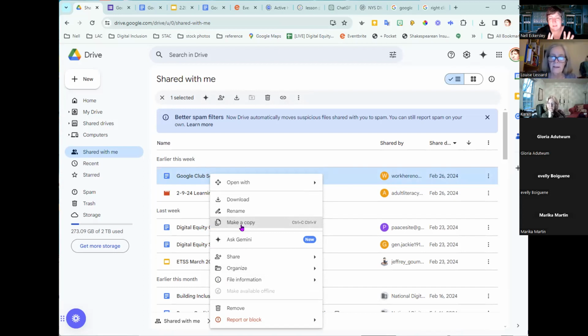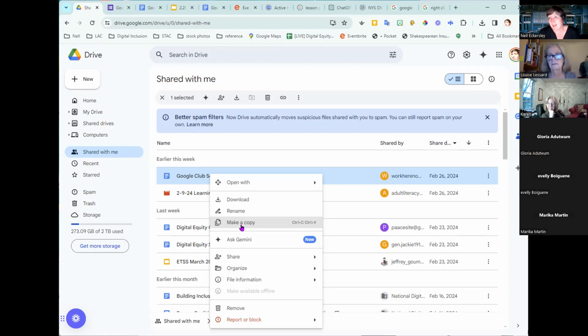So if this is my schedule and I want to see it in all these different places, but if I make a change while I'm looking at it in folder X, I want that change to show up when I look at it in folder Y, then I want to do a shortcut. Because again, it's a single document. I'm just coming to it from all these different doorways. If I make a copy, there are now two documents, and if I make changes to this document, the other doesn't see those changes. Could you link them? Then you'd be doing a shortcut to a shortcut to a shortcut. Yeah. So I think your point about the memory is a good one.